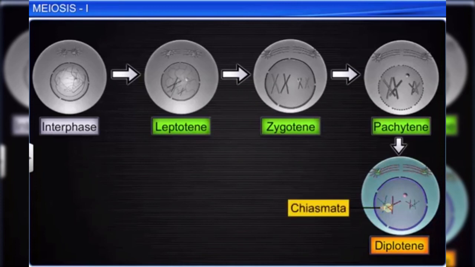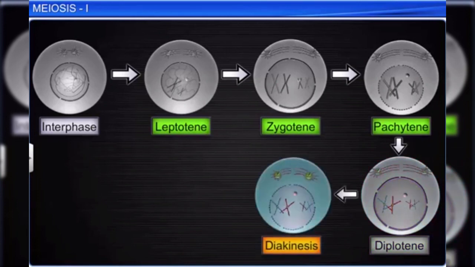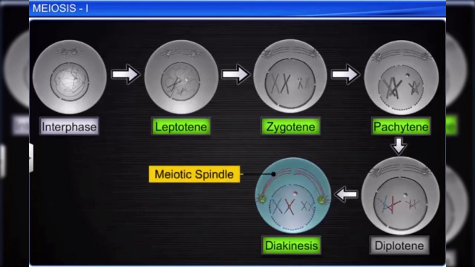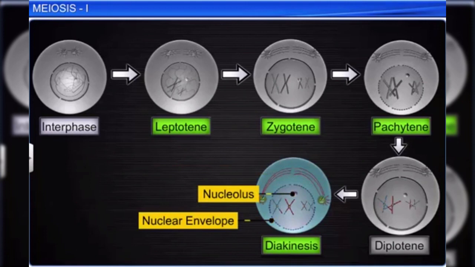The diplotene stage can last for several months or years in oocytes of certain vertebrates. The final stage in prophase 1 is diakinesis, during which the chiasmata terminalize. Moreover, the chromosomes fully condense and become clearly visible, while the meiotic spindle assembles and prepares the homologous chromosomes for separation. This stage represents the transition to metaphase 1 and ends with the disappearance of the nucleolus and disintegration of the nuclear envelope.